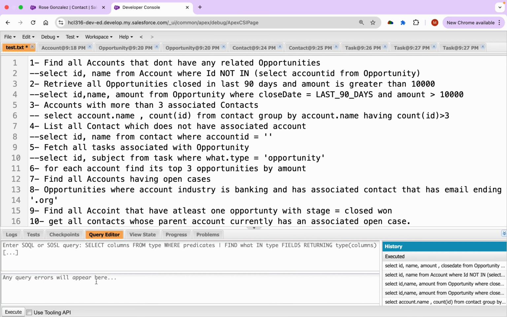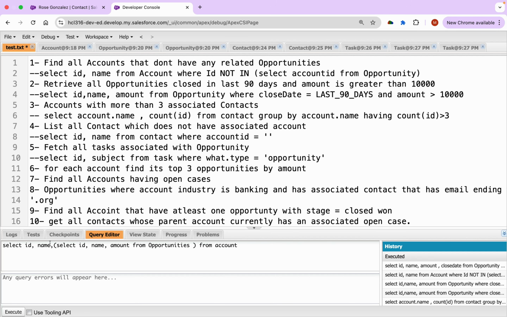Let's write it down. Select Id, Name from Account. Now we have to find the top 3 opportunities. So opportunity is a child object, so we will write a subquery where we will write select Id, Name, Amount from